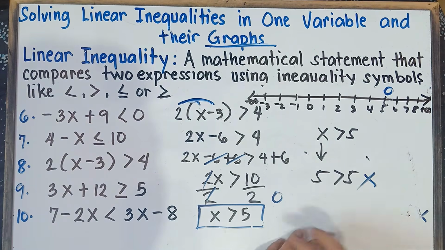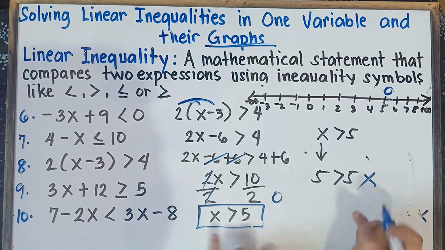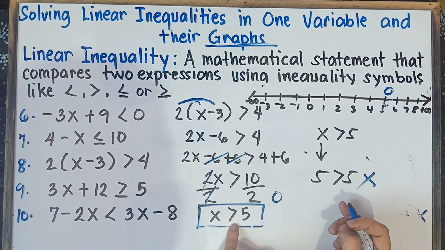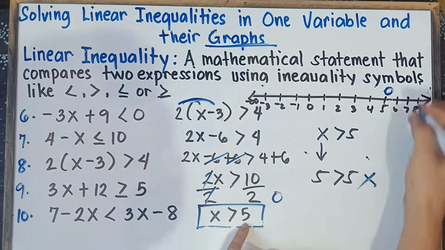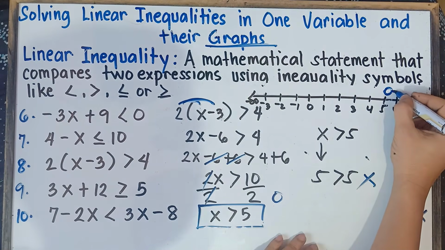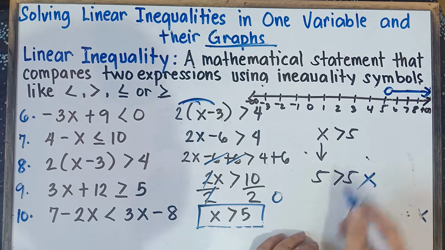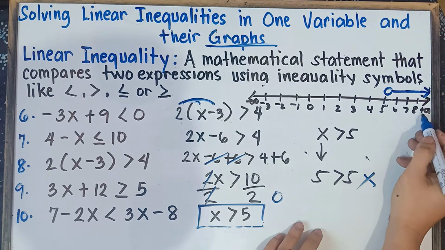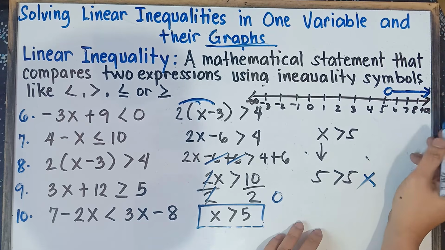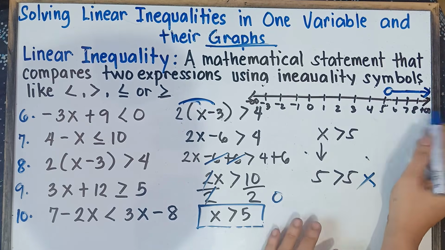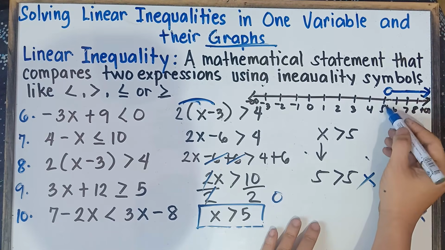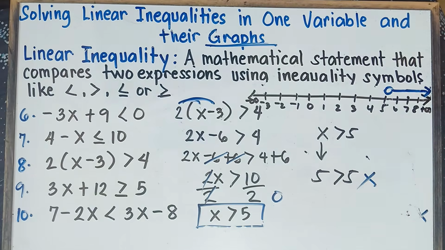And then our x values, that would be 6 greater than 5, 7 is greater than 5, 10 is greater than 5. So 5 is not included. Going to the right, all positive numbers after 5, those are the answer, class. So we have 6, 7, 8, 9, 10, 20, 1,000, 1 million, 100 million, and so on, up to positive infinity, not including positive 5. Once again, class, positive 5 is not included. We have an open circle.